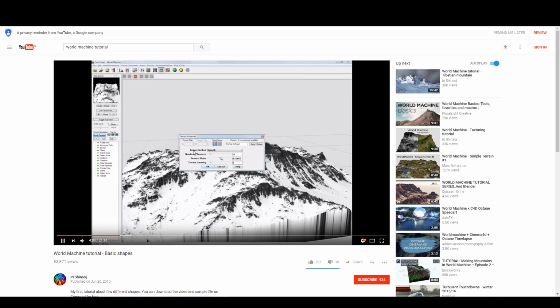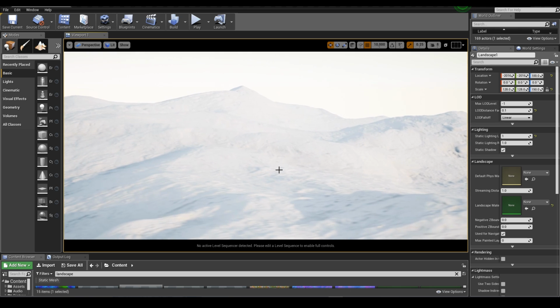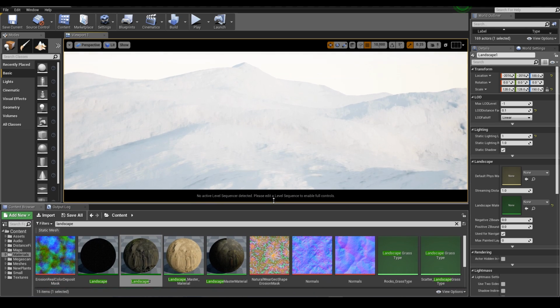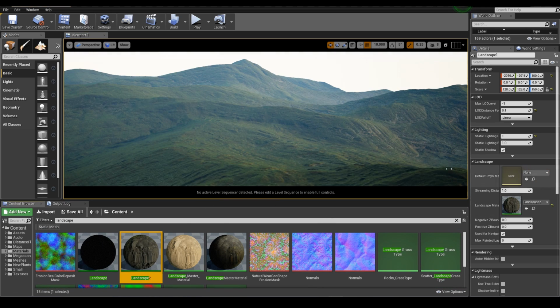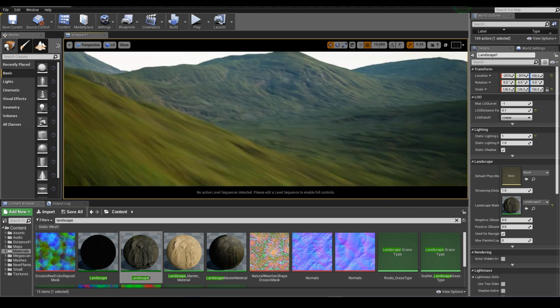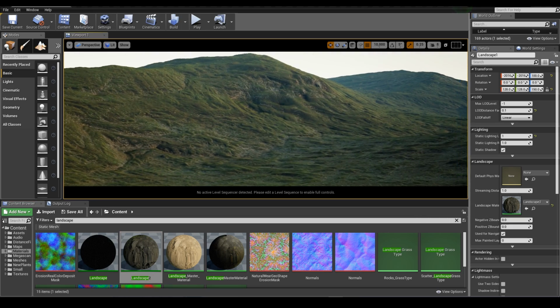So with that said, I'm creating this kind of a Scottish Highlands type of landscape, and I wanted to have those nice rolling hills and create those top cliff sections as well. So I've already gone ahead and created a landscape material. Again, this is something that's just specific to creating landscapes, and it's not possible to properly cover in this tutorial. However, it is just a simple 2 material blend,